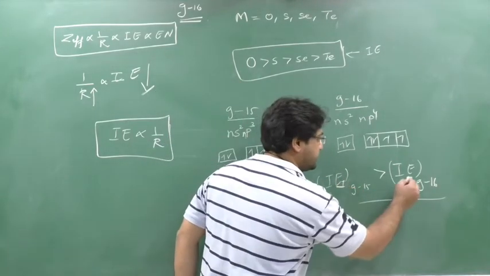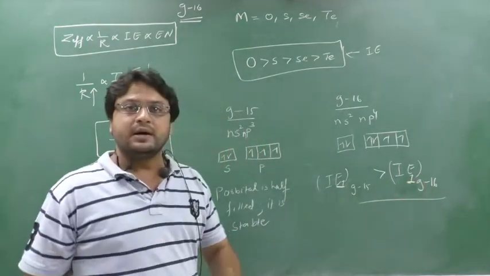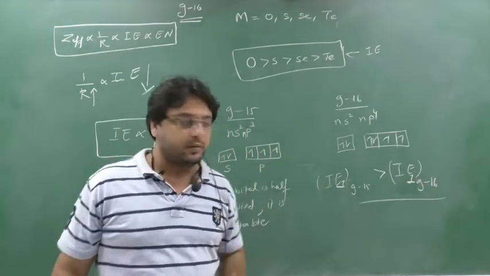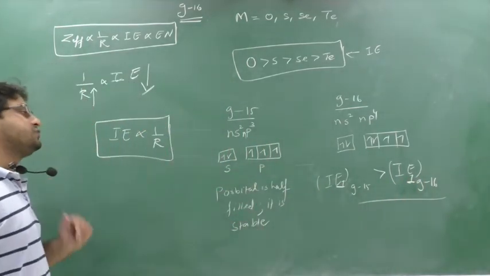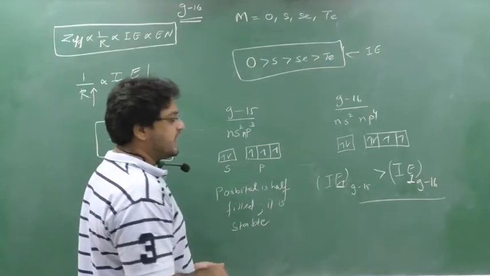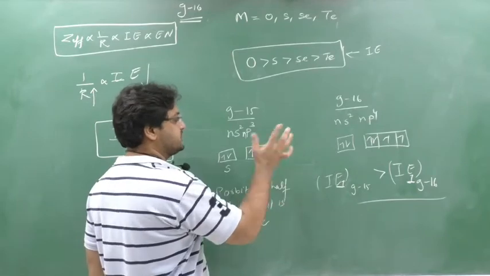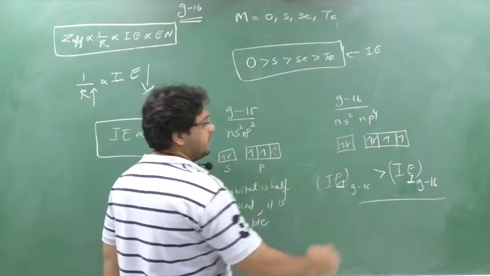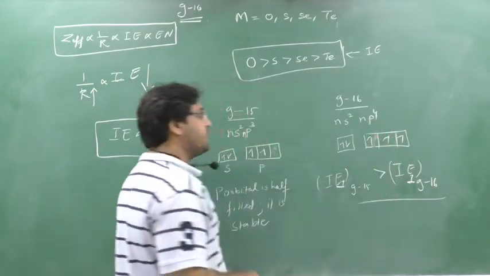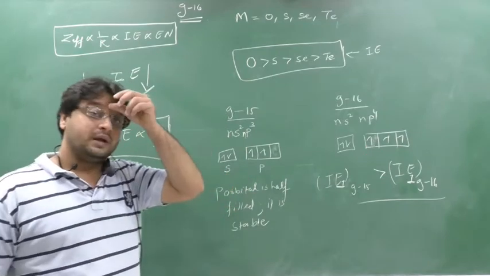What do we mean by first ionization enthalpy? The energy required to remove the first electron. But if you see the second ionization enthalpy, what does it mean? To remove the second electron. The first electron is removed here, okay? So this was the first ionization enthalpy, which is very high. Here also the first electron is removed. Now if I go to remove the second electron,